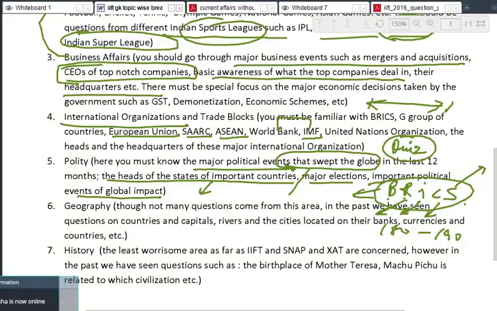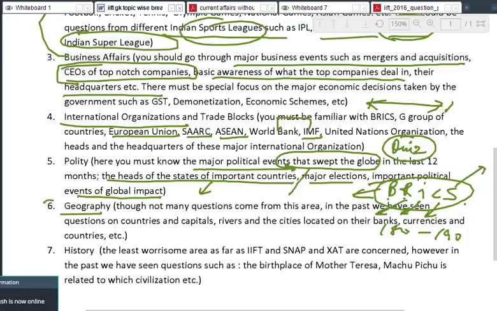There is no point knowing the head of Congo or let's say Algeria. Are we clear about it? So BRICS headquarter, right? There might be a question, where is the BRICS headquarter? I don't know. BRICS is not an organization. It's a group, a union of countries. So it may not have a headquarter. Organizations have headquarters. So there might be an option, you know, there is no headquarter. People understand. Now we will come to the geography part.